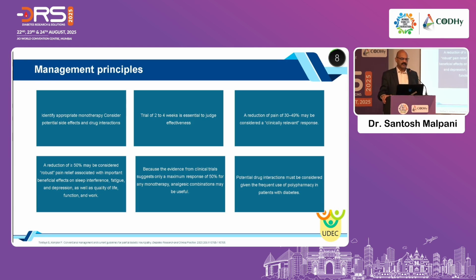As far as the management is concerned, 50% of the patients will not respond to the routine therapy. They will have to be subjected to some other therapy. But when we get 50% relief in the pain, it is thought that the therapy is successful. When it is in between 30 to 49%, we think that the therapy is sufficient. But one has to wait for at least 6 weeks to have the proper effect of the therapy, and one can go for the combination of treatment that we are going to see in the coming slides for the better